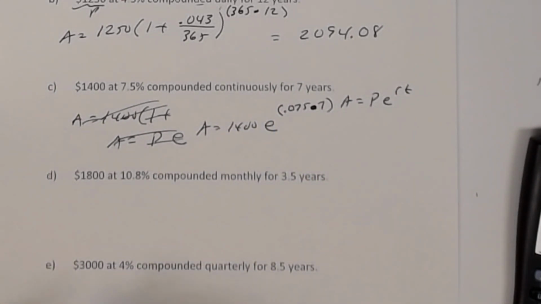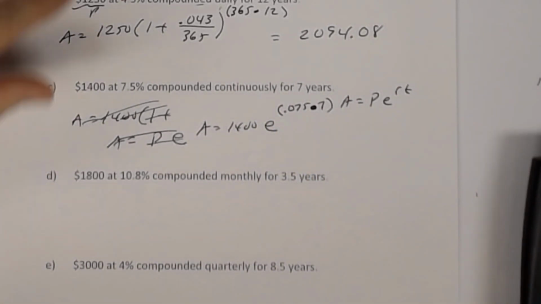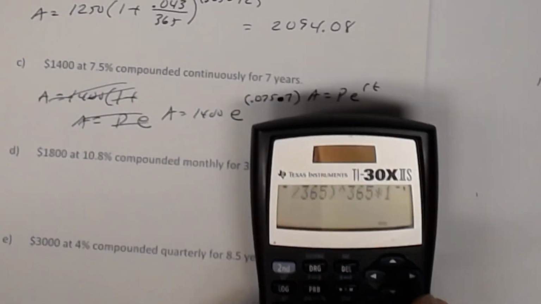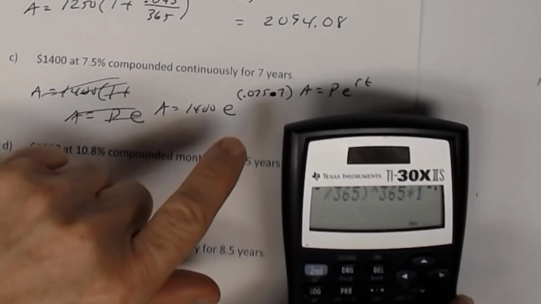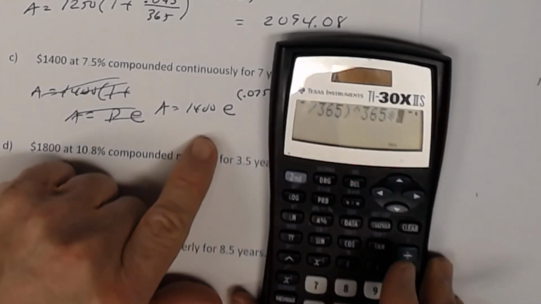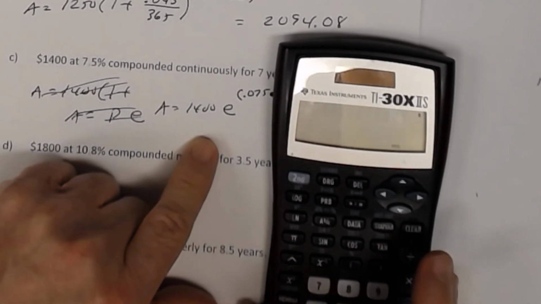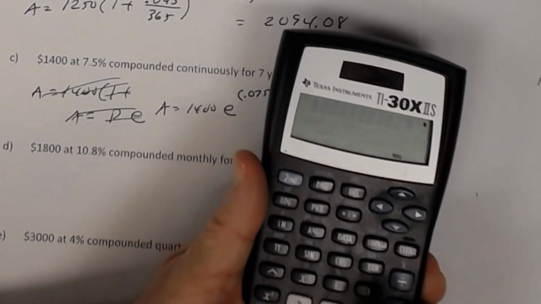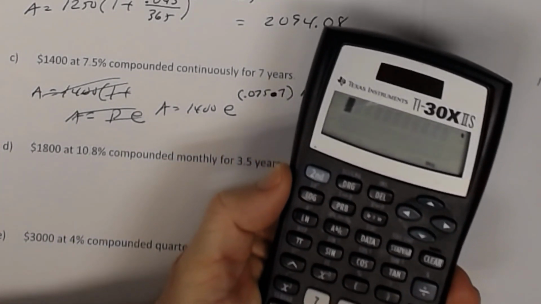Close the parentheses. And then use your calculator. So in the previous lesson, you were given examples of evaluating e to a power. So let's see. Make sure you remember how to do that. So you're going to say 1400. So 1400